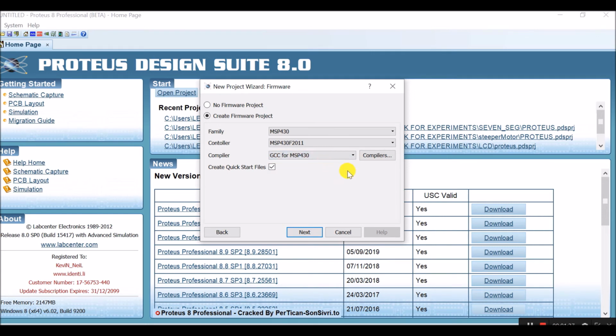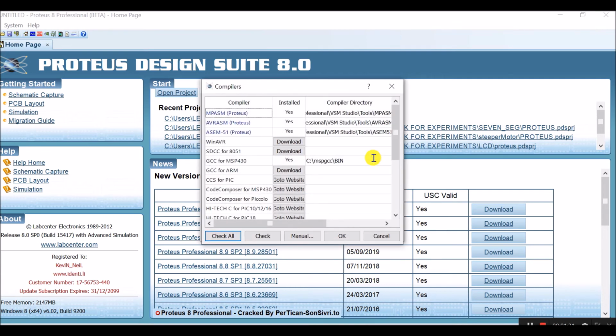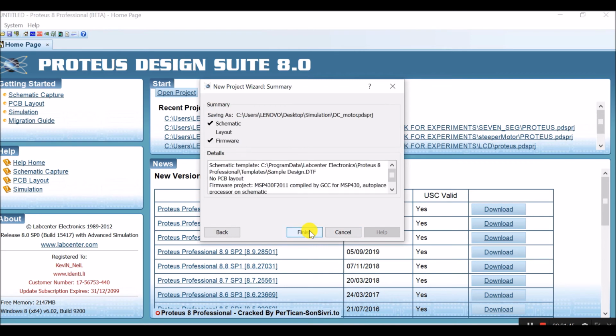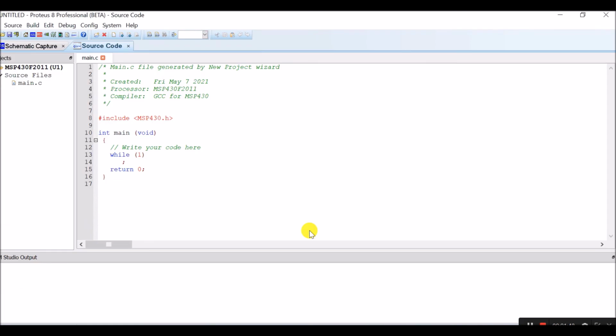If it is not installed, then you can install it by clicking on compiler, choosing GCC for MSP430, and clicking on download. In my case, it is already downloaded. And now click on OK. Then click on next and then finish.